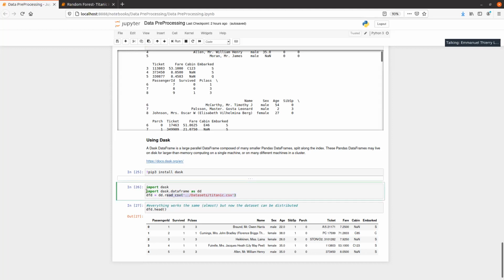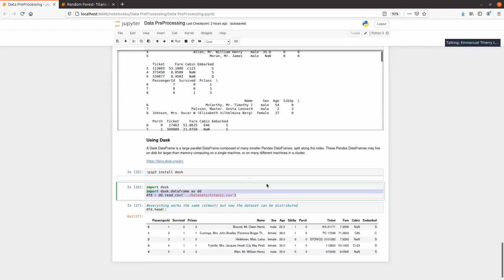So you do import dask.dataframe as dd here, and then you do dd.read_csv, and as usual, you have all the basic commands. With that method, you can directly read very huge datasets, and Dask will handle whatever is required to perform the operation without giving you an out of memory error.